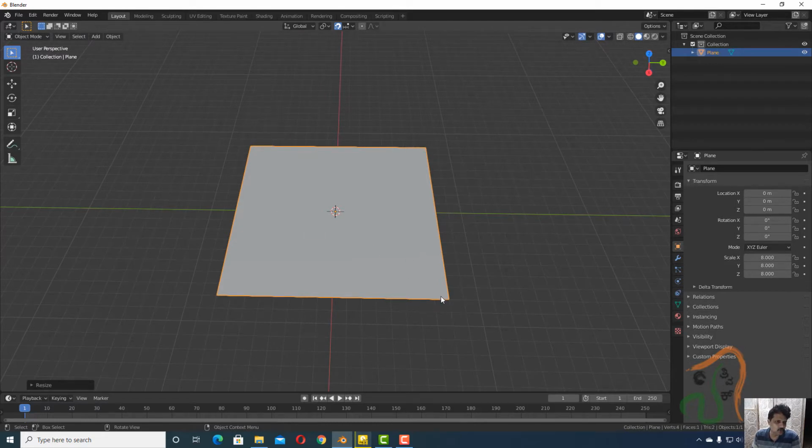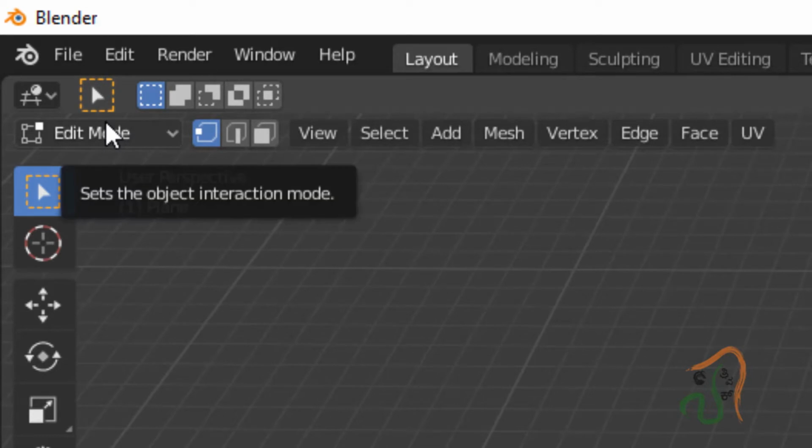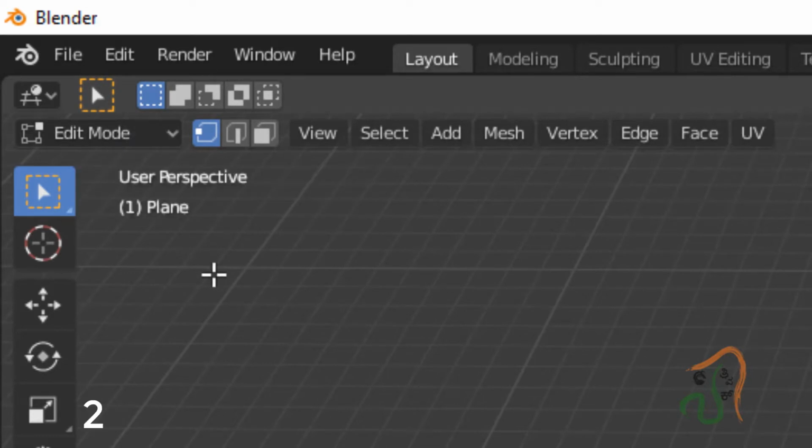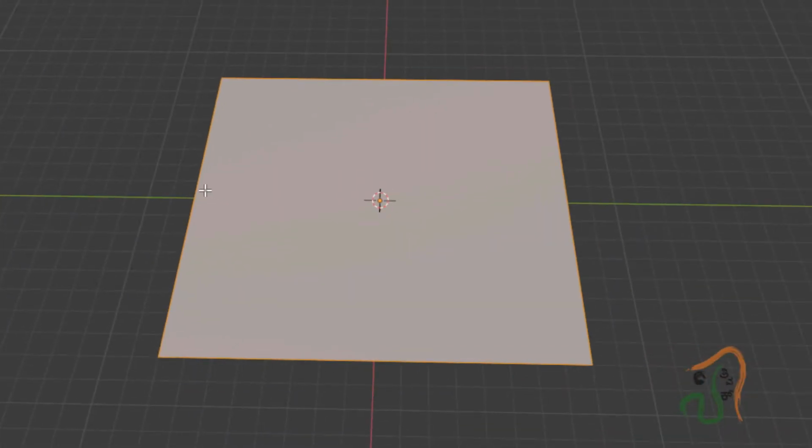Now our next job is to build the 4 walls. So with this plane selected, press Tab, and when you press Tab you enter into edit mode, and in edit mode press number 2 on your keyboard, and when you press number 2 on your keyboard, it comes into edge mode. Okay, and then now if you press A, everything will be selected. Alt A is deselect everything. So remember these keyboard shortcuts well.